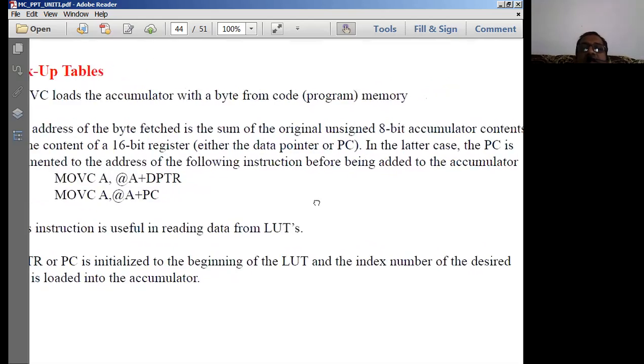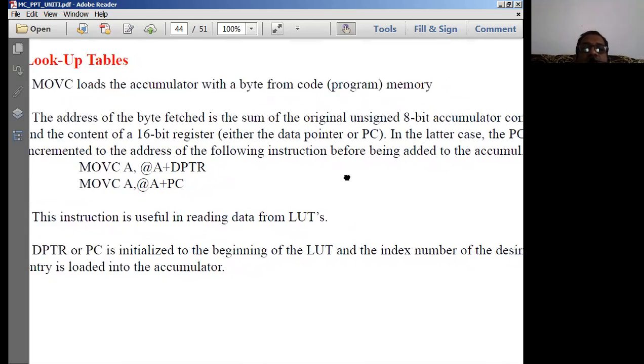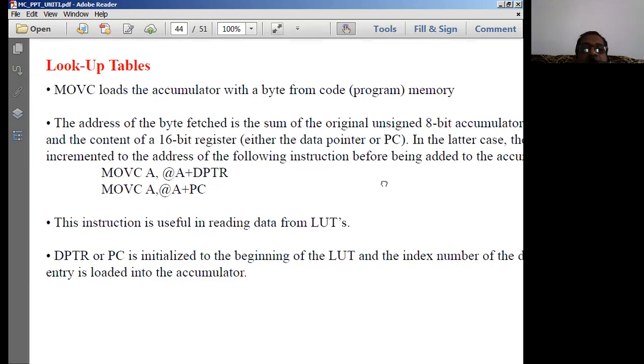In the latter case, PC is incremented to the address of the following instruction before being added to the accumulator. So the same thing is done with the PC. In case you want to use the accumulator as the offset address, these two can be added together and we can move on to the appropriate locations.